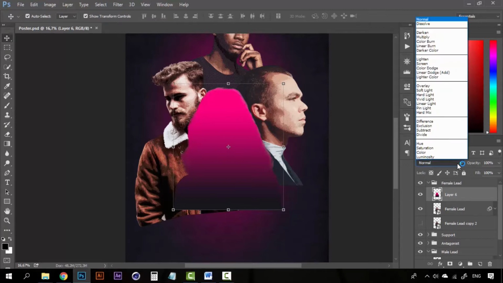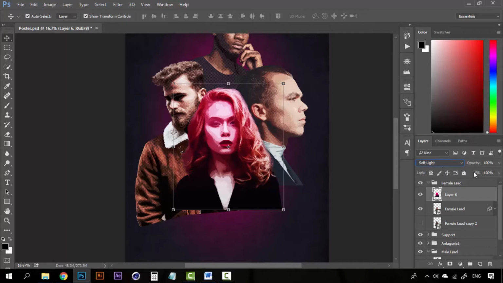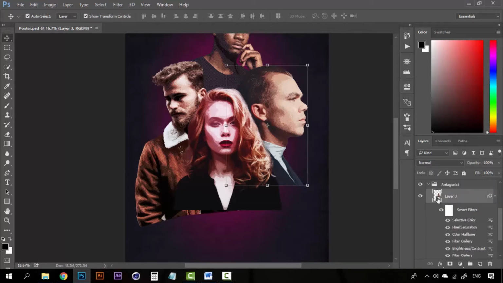Now I want to choose a blending mode of soft light, and I'm going to decrease the opacity to around 35%. Now I have this very nice tone, and I'm going to repeat this same process for all of the characters. So I'm going to control click, create new layer,